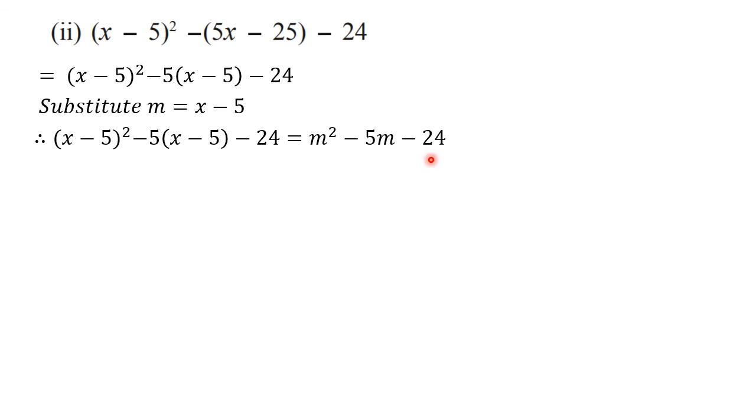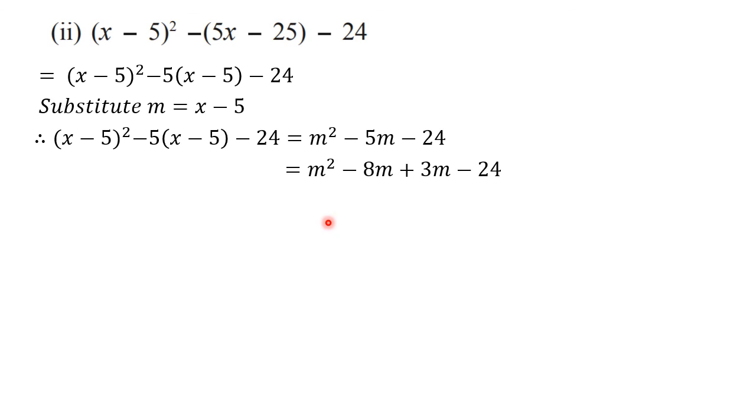So what we can say is that 24 comes in the table of 8 also. 8 threes are 24 and 8 minus 3 is 5. So we got the factors here. Minus 8 and plus 3, correct? Minus 8 and plus 3. This middle one we will split as minus 8m plus 3m. So find the factors correctly and then things will become easier.